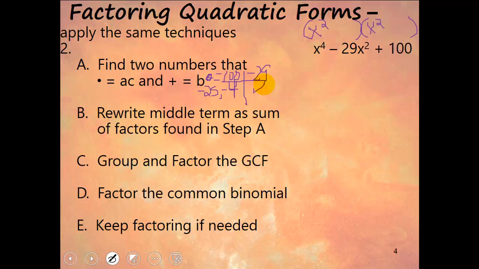And so here's how I rewrite it. x to the fourth minus 25x squared. Now watch how I put this little extra plus in here. Plus, and I still have some of you not doing this and making mistakes. And then negative 4x squared plus 100. Okay? Now let's group it